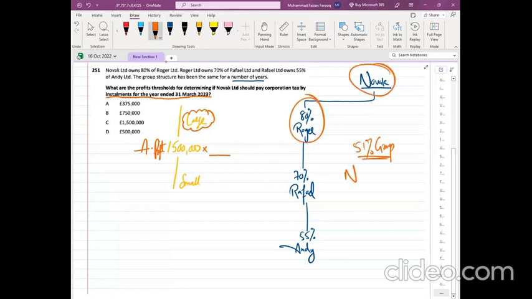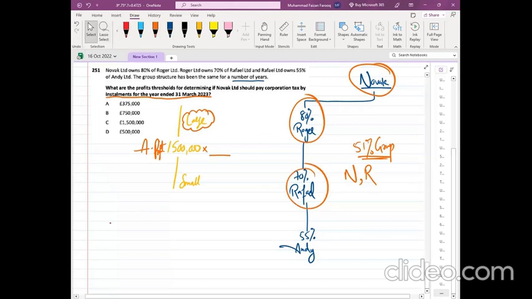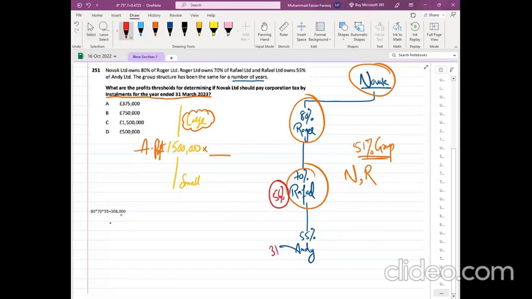देखो हम तो हैं, हम 80% रोजर में, तो रोजर भी आ गई। 80 × 70, जरा इफेक्टिव होल्डिंग तो निकालो। 87 का कितना होता है एसीसी वालों, कैलकुलेटर चलाओ। 56 होता है, इफेक्टिव 56 होता है। और फिर अगला वो तो सर नीचे ही आएगा, लेकिन कर लो ना सर, 31 होता है। ठीक है सर, अब देखो इसमें गवर्नमेंट कोई कंपनी नहीं है, ओवरसीज का कोई चक्कर नहीं, ओवरसीज होती तो लेते ही उसको तो। और बहुत सारी कंपनी बहुत सारे सालों से हैं, कोई इस साल खरीदी भी नहीं है, सिंपल है।